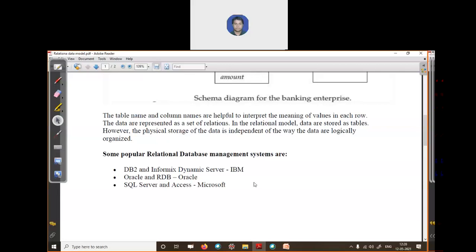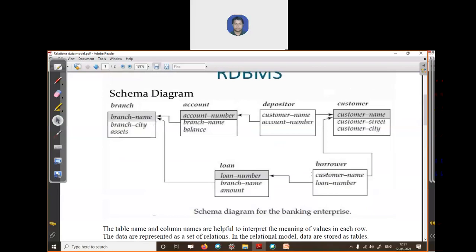Suppose you are using a tape device for storing data. When we talk about data, we mean the row. How your row is stored in physical storage is different. Sometimes you store on a hard disk in sectors, and there is a track. Which sector or which track stores your data is different. It is not dependent on how you logically represent your data. Here the logical representation of your data is in the form of a table, but how your branch name, branch city, assets, balance or account number is stored is independent. It's not dependent on how you're presenting your data logically.